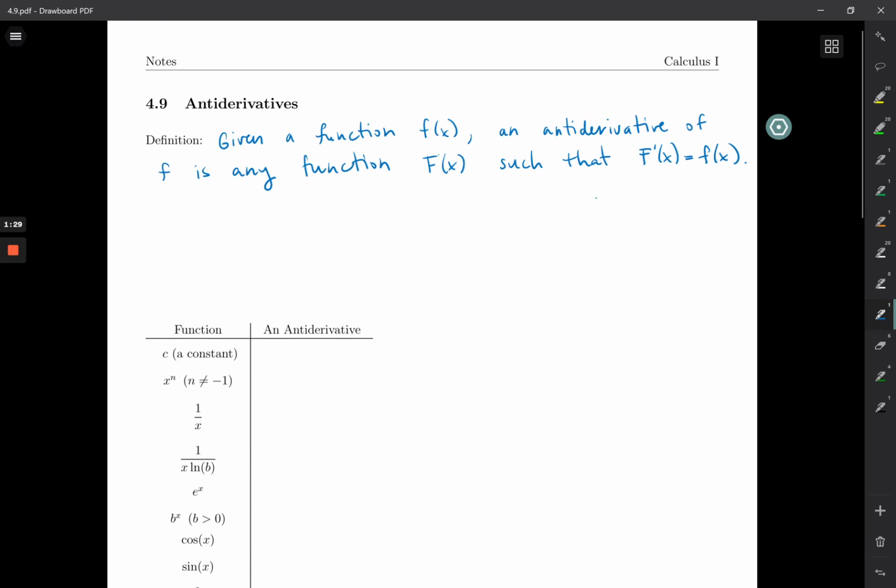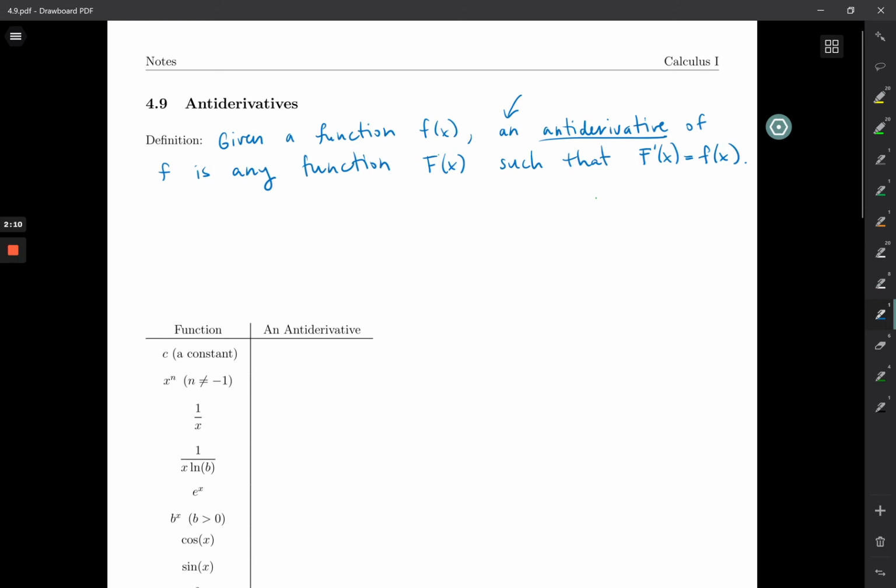Okay? So it's saying that we found a function that goes backwards or gives us the antiderivative, right? So undoing differentiation. Okay, so notice that I used the word an antiderivative, not the antiderivative. For any function, when we were taking derivatives, it had exactly one derivative. There was only one correct answer for that kind of problem. But with antiderivatives, these are not unique. You can have more than one